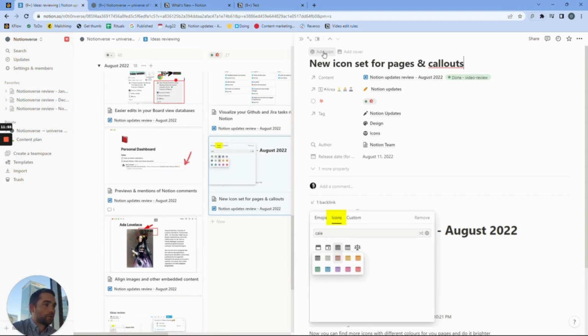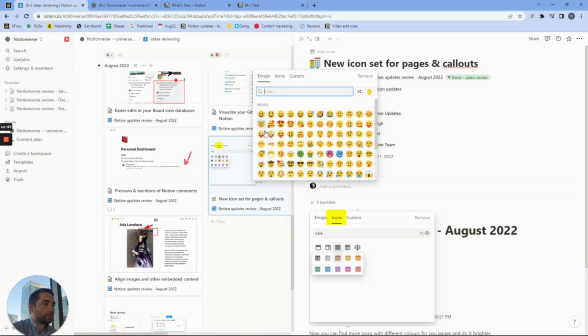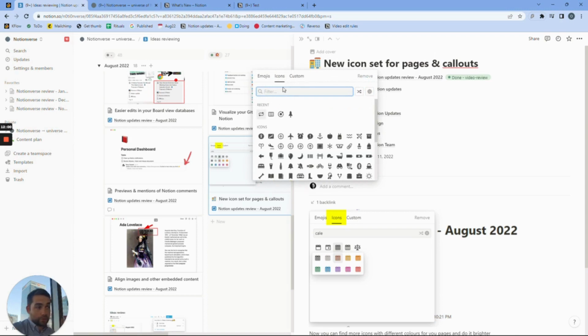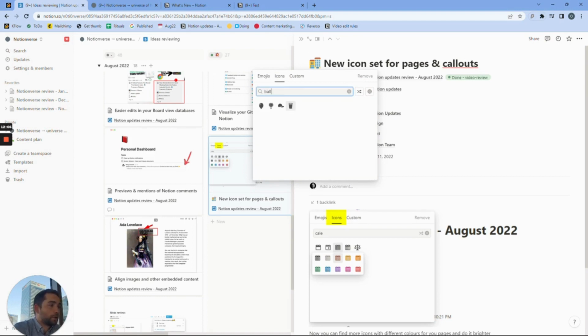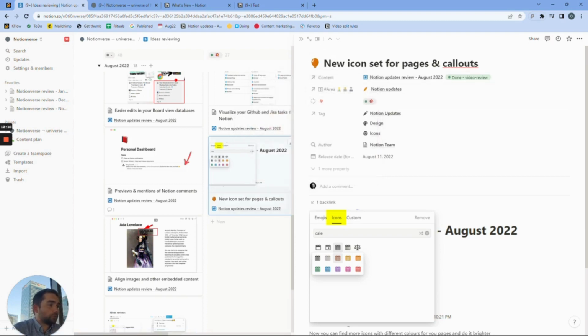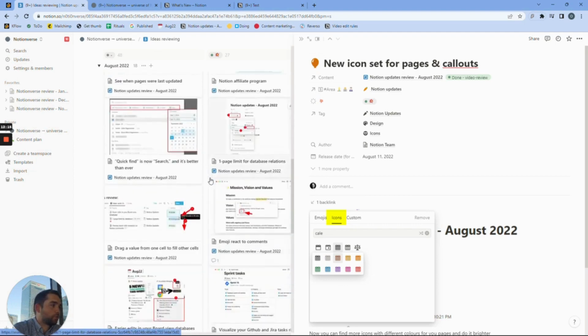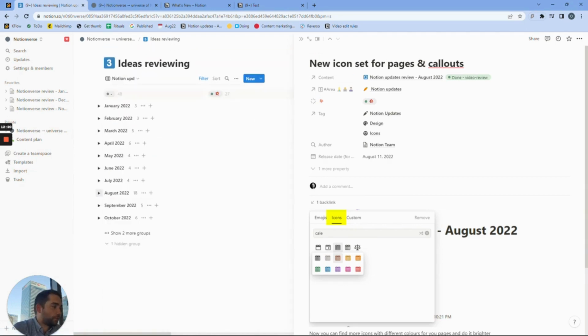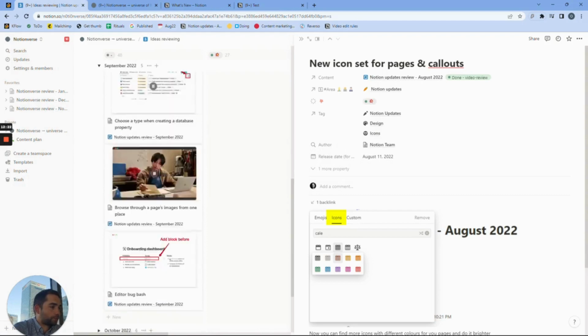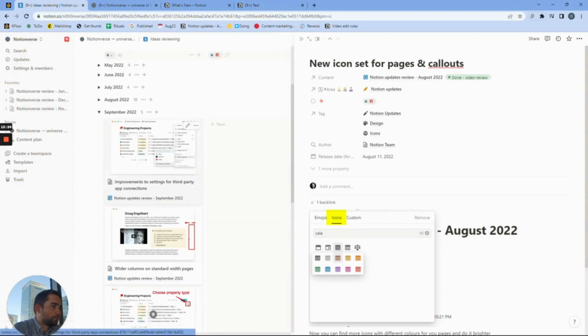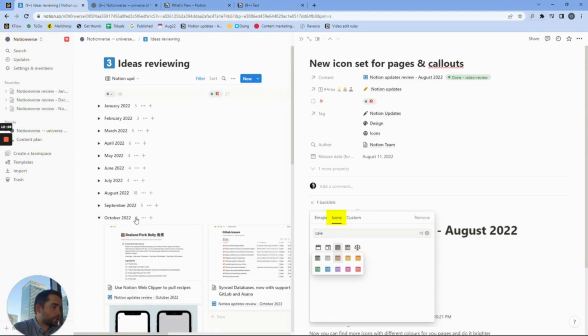So when you create a new page, you can set an icon. You can enter any word or keywords, and choose the color which you want to see on this page. So it's very nice and makes the page more beautiful. September. In September, I don't see any important updates,